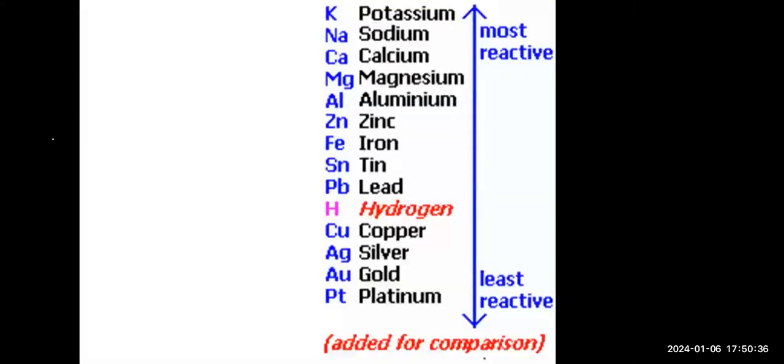Now, in this reactivity series, you can see hydrogen written over here. Hydrogen is a non-metal. Still, it has some position in the reactivity series. The reason is, children, it can lose or gain electrons. It can do both. So that's why we need to compare hydrogen with the other